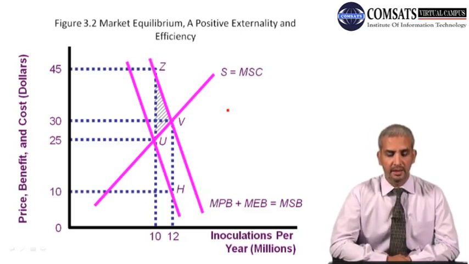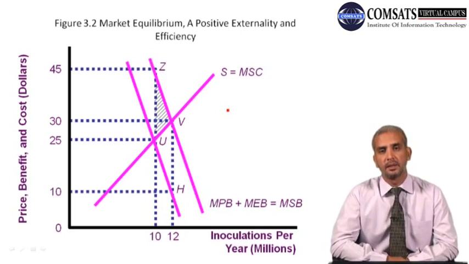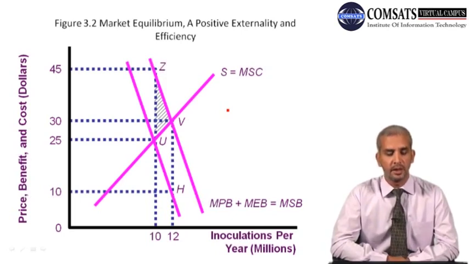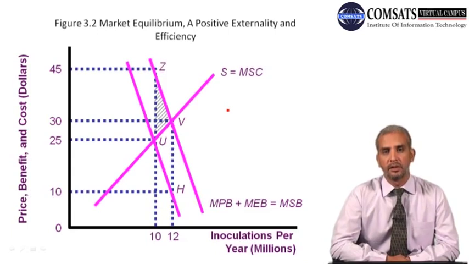So there is an external benefit involved, and in this example, we value that external benefit at $20. At point U, the previous point of equilibrium, the quantity being produced is 10. Now, when there is a positive externality equal to 20, the total price should be $45